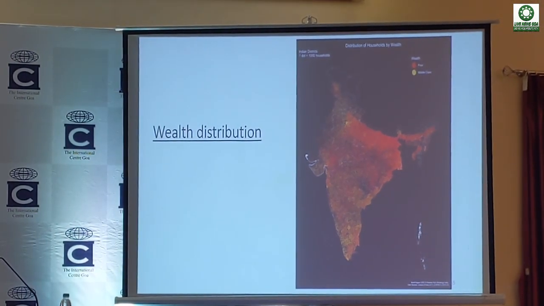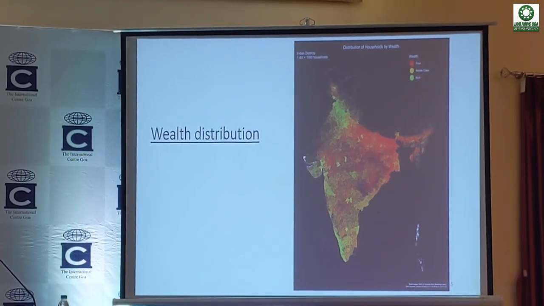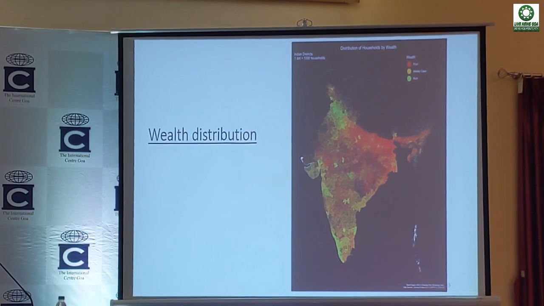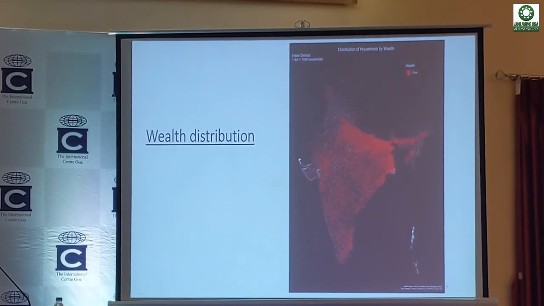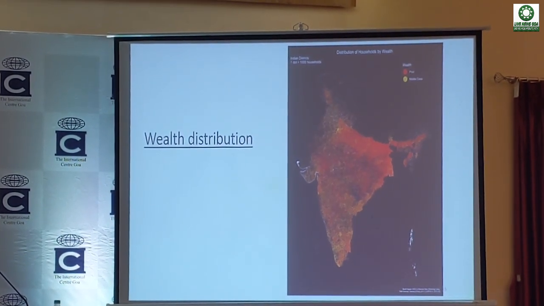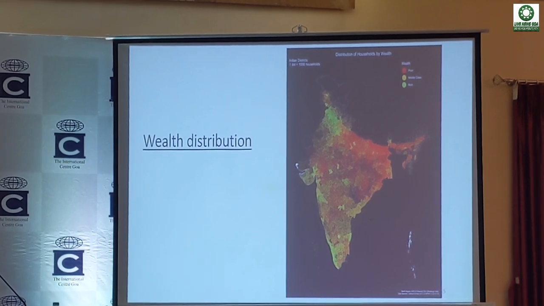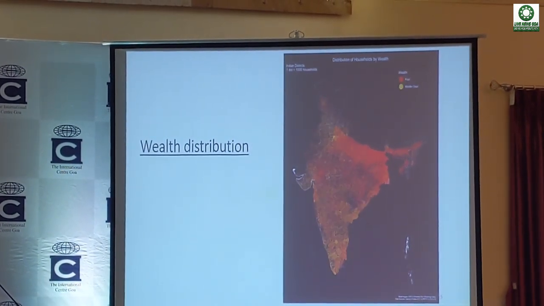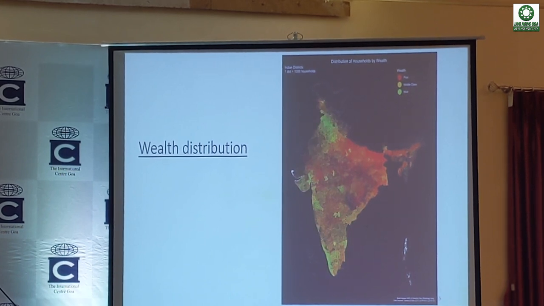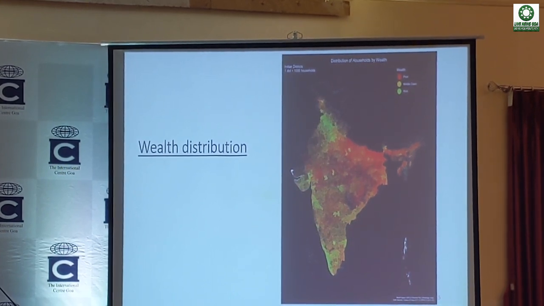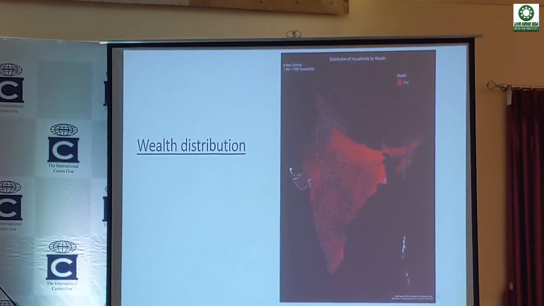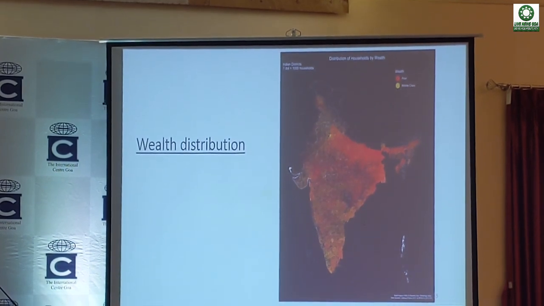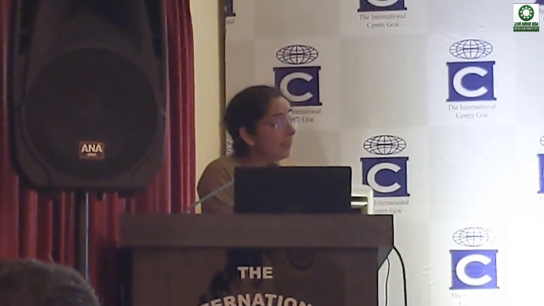Every yellow dot indicates 1,000 middle class households, and every green dot indicates 1,000 rich households. Just look at how wealth is distributed. And tell me, does India have a north-south divide in terms of wealth? Well, there is a divide. I can draw a line from Srinagar to Kanyakumari. In fact, poverty is overwhelmingly concentrated in the eastern part of the country.